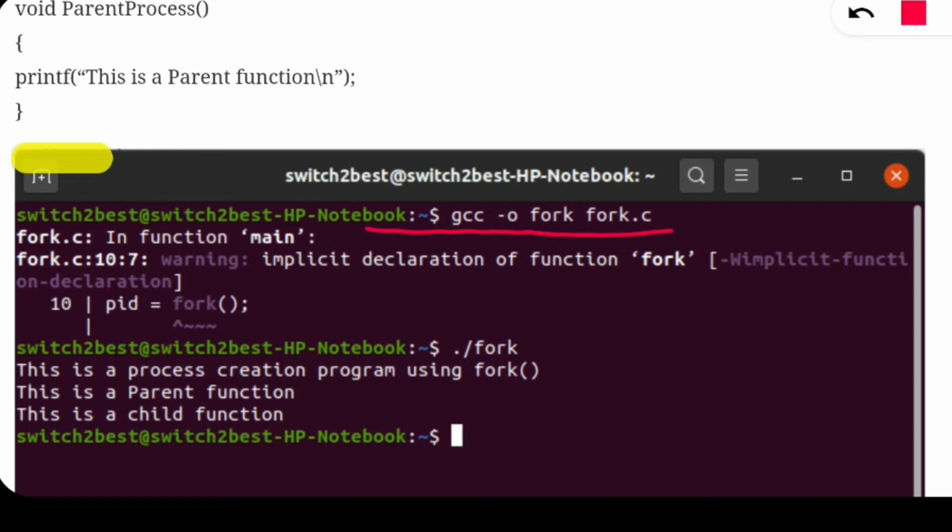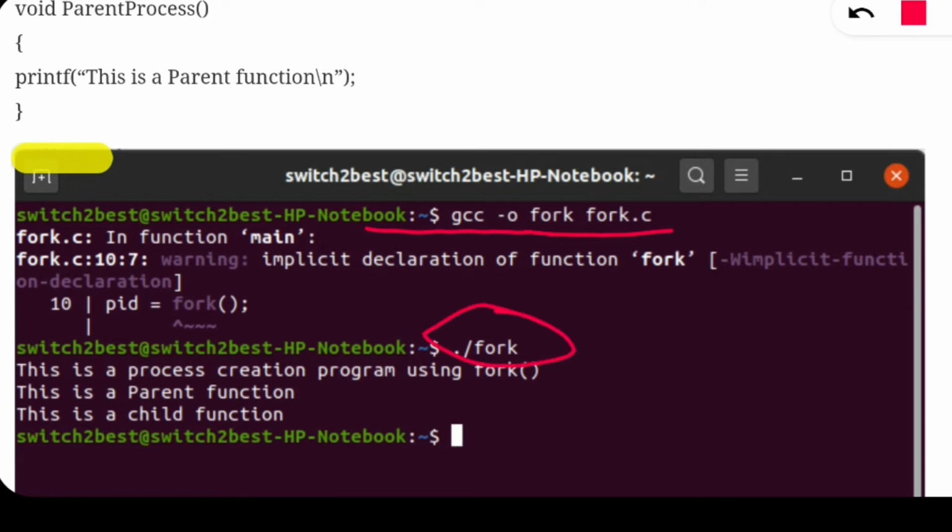If you want to know how to run a program under GCC, I have given the link for this video. I have already made a video on how to install and run the GCC compiler in your system, how to run a program using the GCC compiler and how to install it. You can watch this video also. I have given it in the description area if you have any doubt.